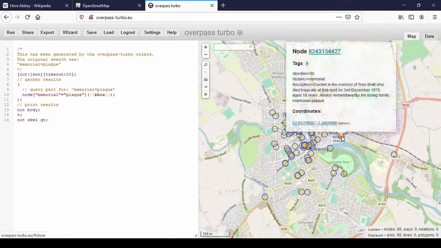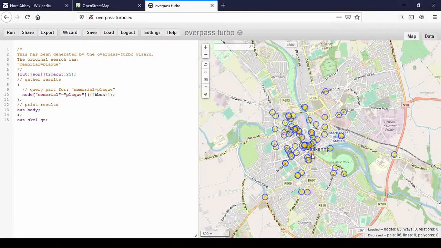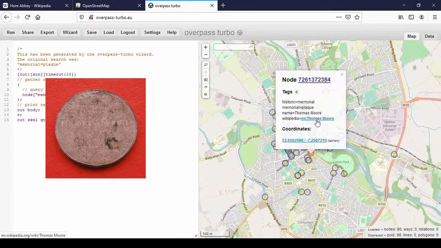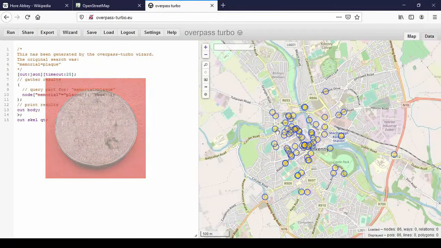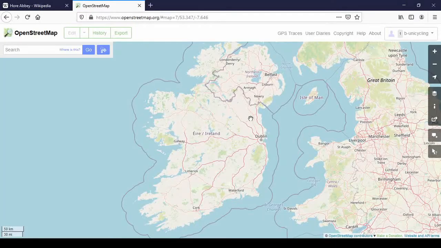Another one, let's see. Yeah, the one at the St. Roch graveyard, which I just linked to St. Roch. And Thomas More one on the Athenaeum, on the parade. So there's a link to Thomas More. So this is what you can get, and I'm going to show you how to do it with Hore Abbey,